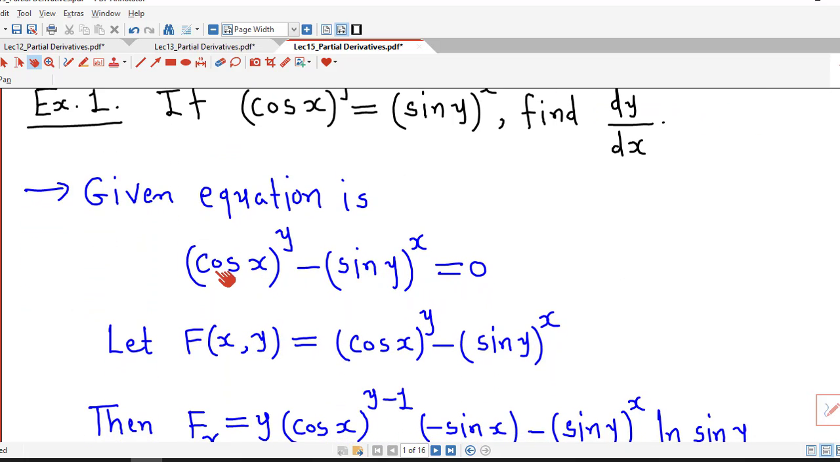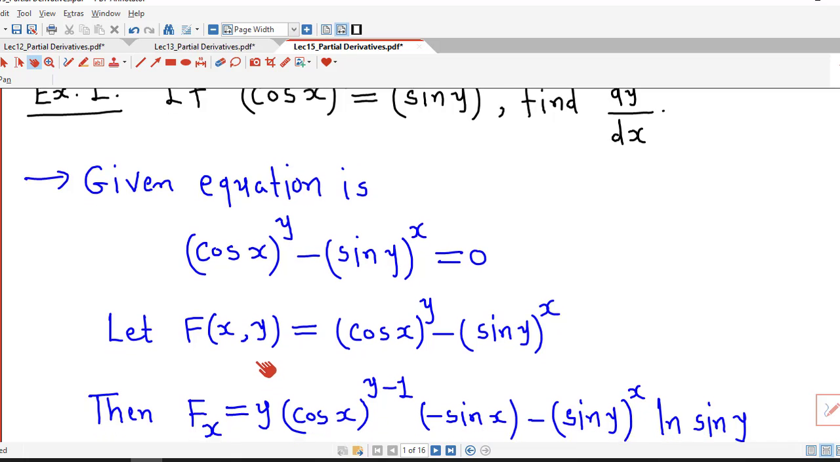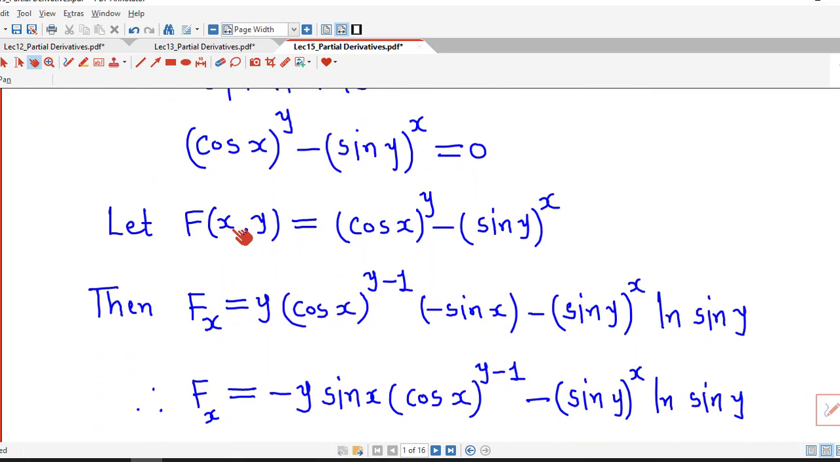and we assume that this left hand side is a function of x and y denoted by capital F, and we find the partial derivatives of this function F with respect to x and y. So del f by del x is, here we have to apply the chain rule. The derivative of a y power is y into base raised to y minus 1 into the derivative of the base function, which is cos x, and the derivative of cos x is minus sin x,